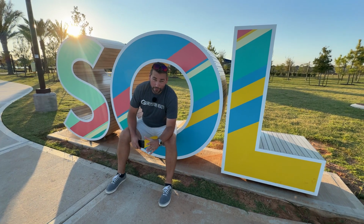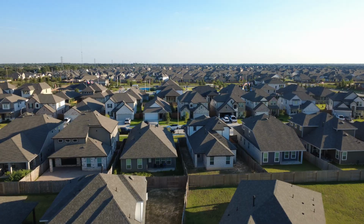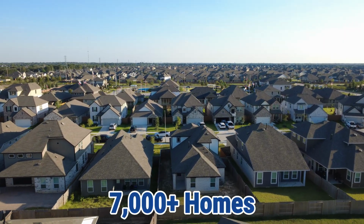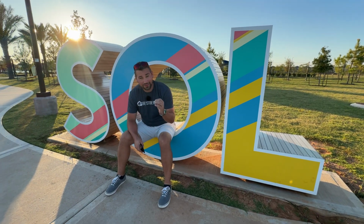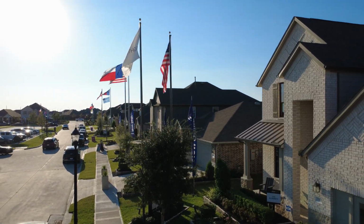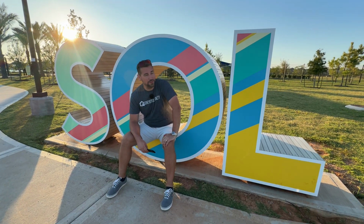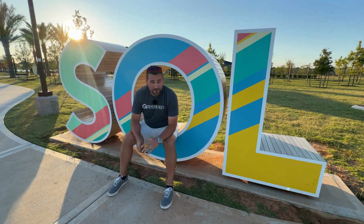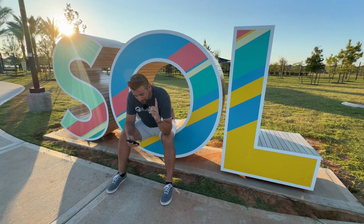All right, my friends, welcome to none other than Sunterra, a 2,300 acre community that features over 7,000 homes. This community has been around for a little bit. You can actually still get some new construction homes here, and on top of that, you can get resale. I have Samantha with me today, so we are going to be recording. We're going to talk about all the amenities. We're going to tour some amazing model homes, of course, but let me read off some stats for you real